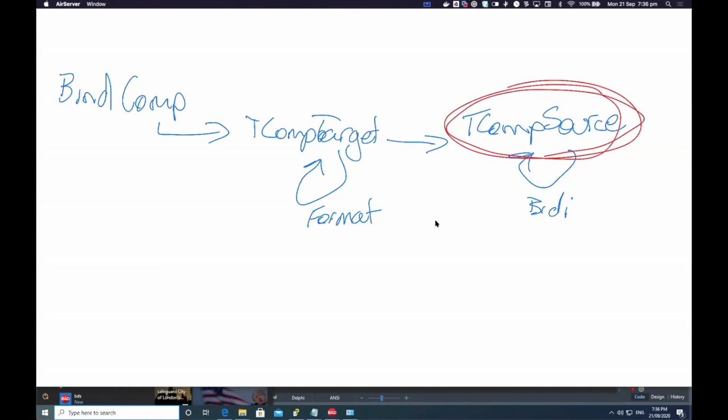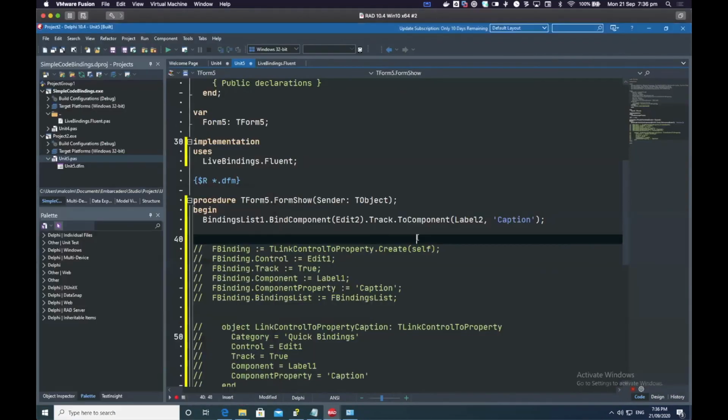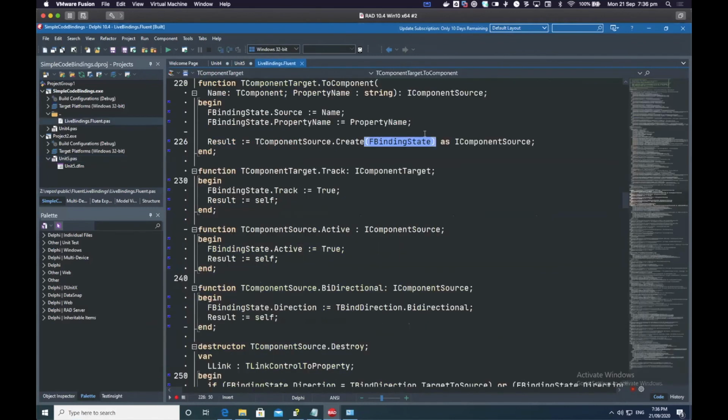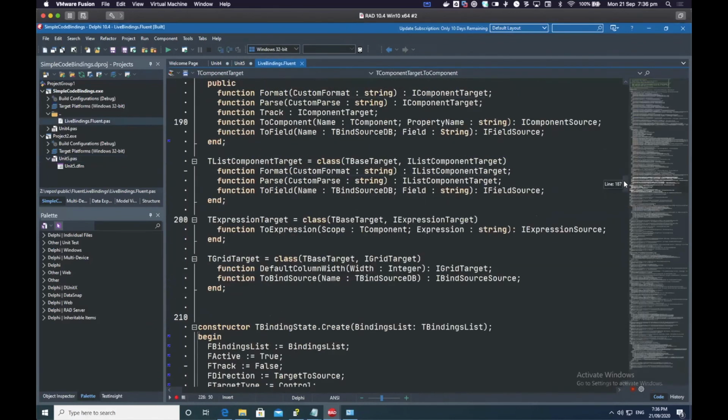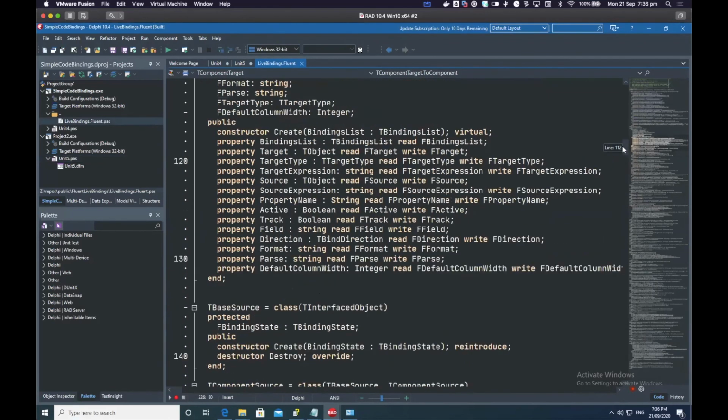And it's in the destructors of all the source components where the work gets done, where the actual bindings get created under the covers. Yeah. So if we have a look, I don't know if that drawing helped, but let's have a look at the code. If we have a look at these, there's all of these